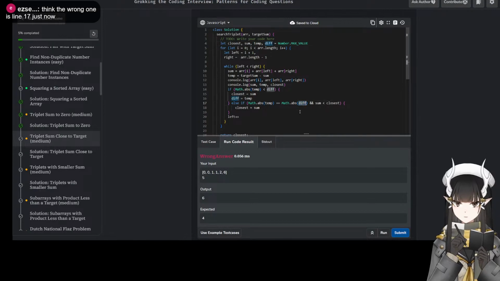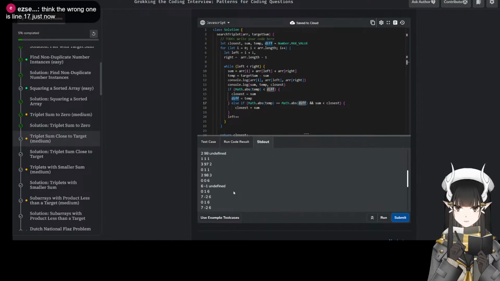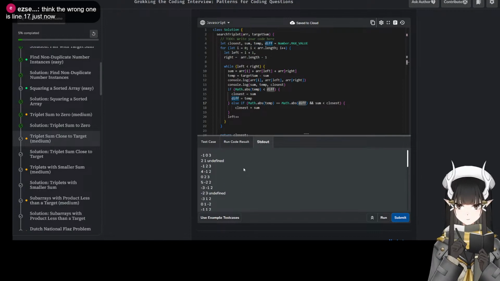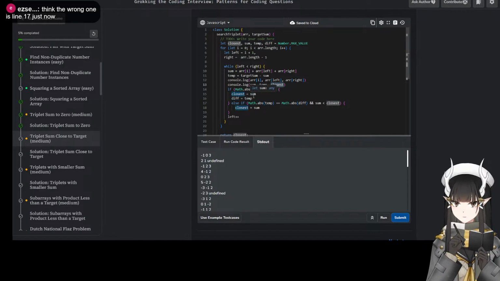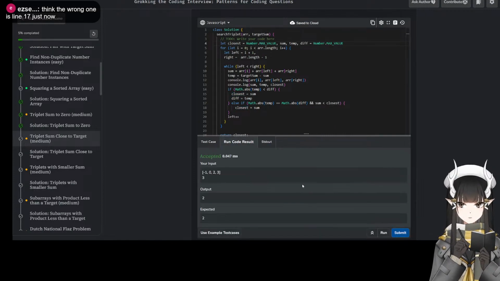So now, in this case, always compared to undefined. Well, this undefined is fine, because... Wait, no, undefined is not fine. We put a max value here too.